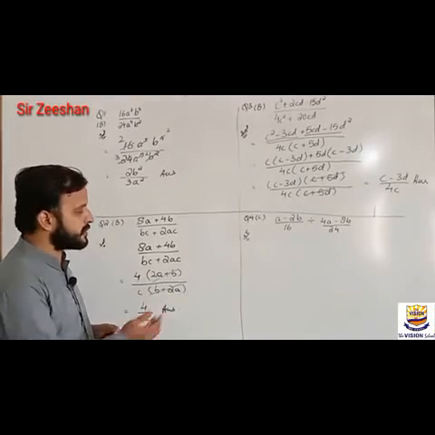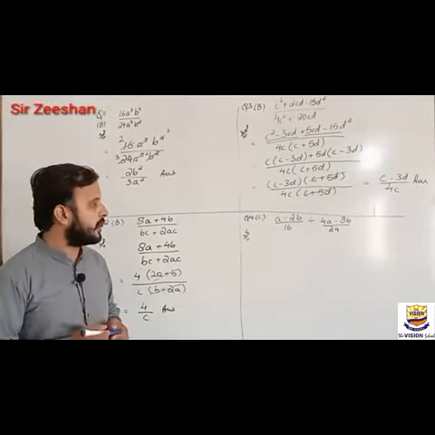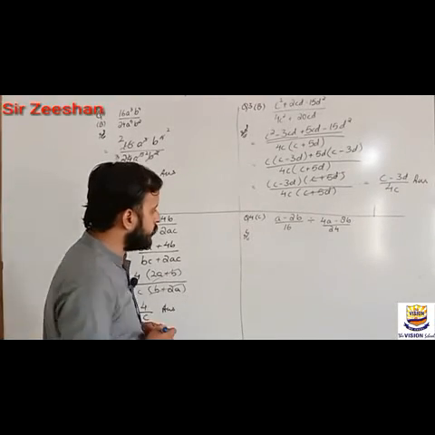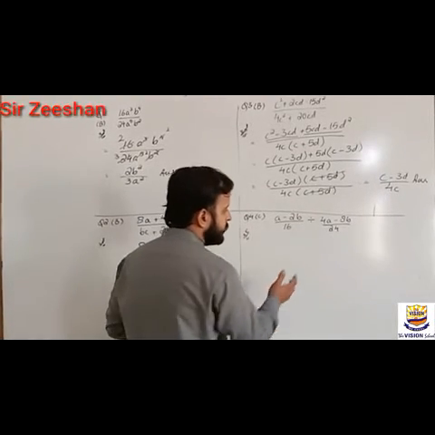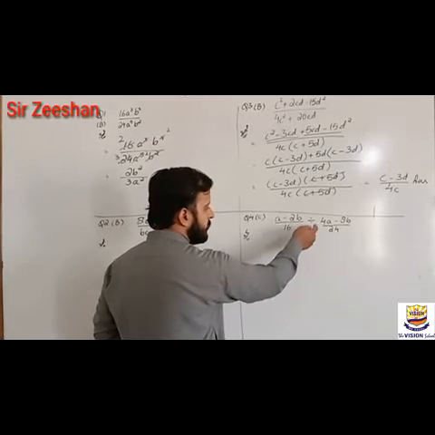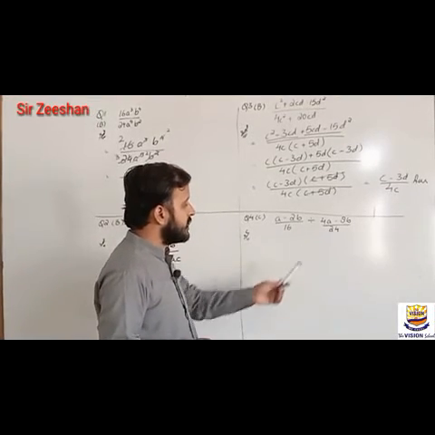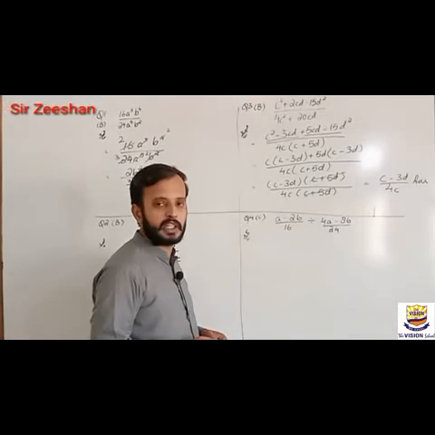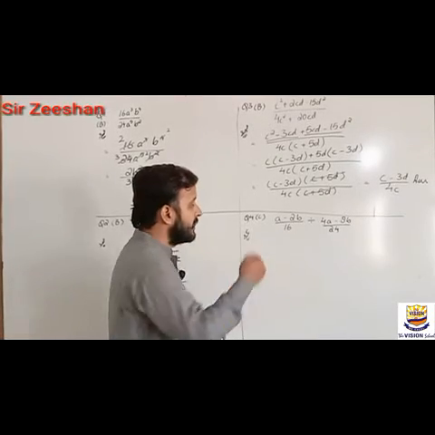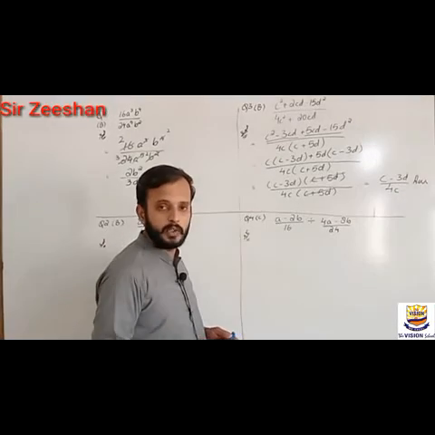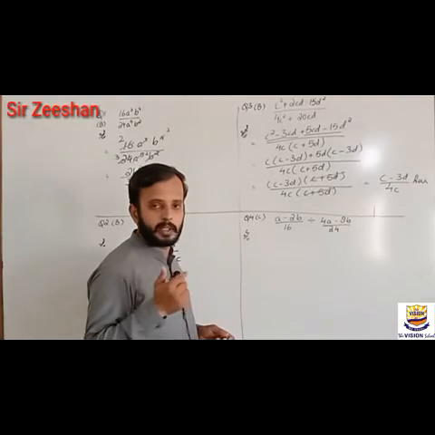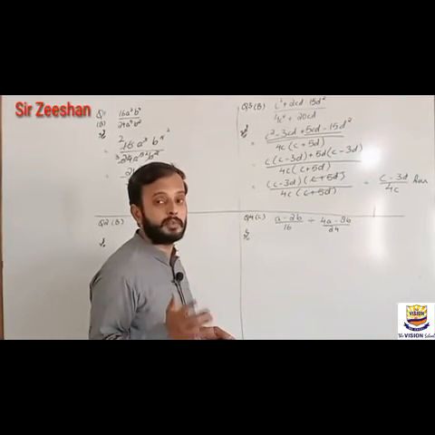So dear students, let's move towards the last question of this video. So we have two different fractions here and a division sign in between. As I told you at the start of the video, for changing the division sign into multiplication, you change the position of the second term or the second value given to you. Numerator will become denominator and denominator will become numerator.